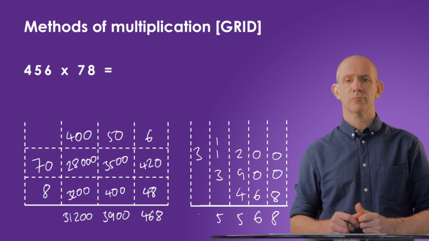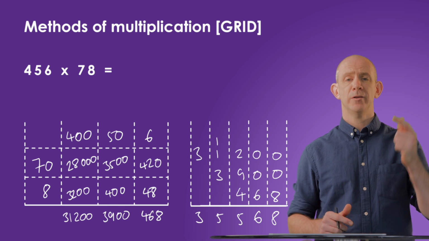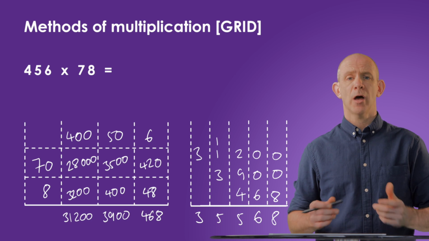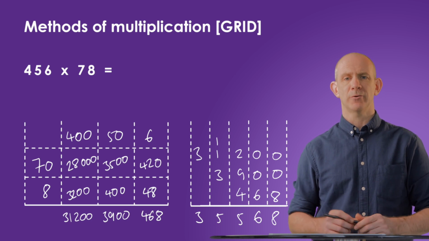1 plus 3 would give us 5, and then the 3 at the end we can just bring down to make the 3 there. And we end up with 35,568. Lastly, for multiplication, there's also what's called a lattice method as well, where you can split the digits up